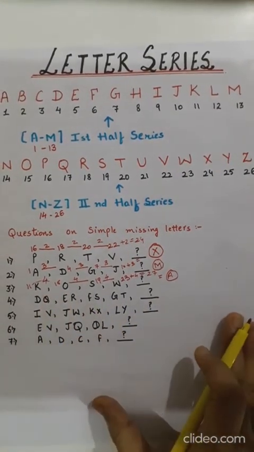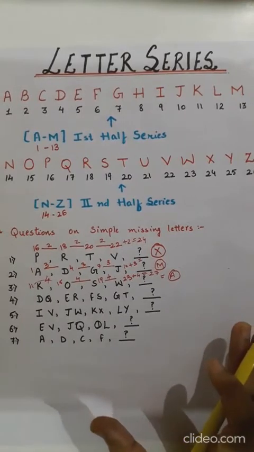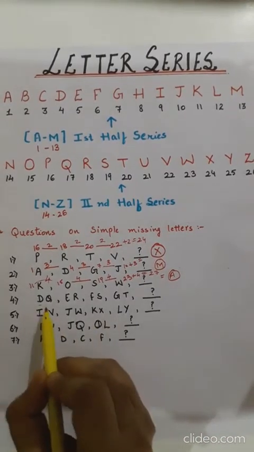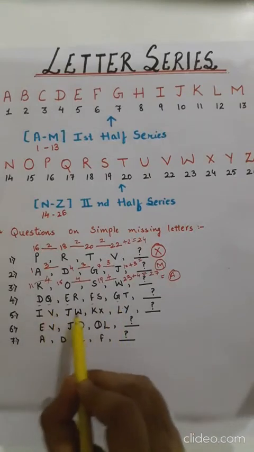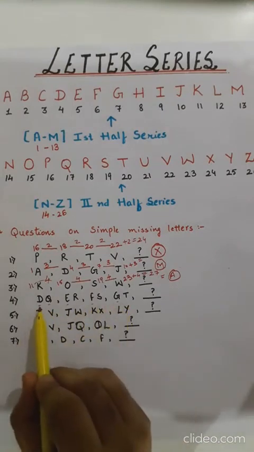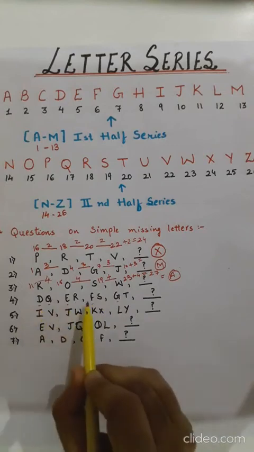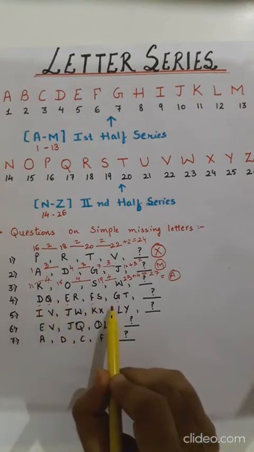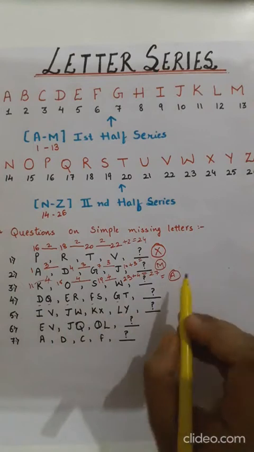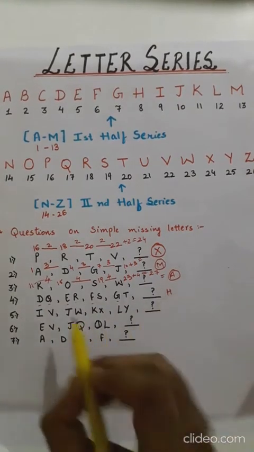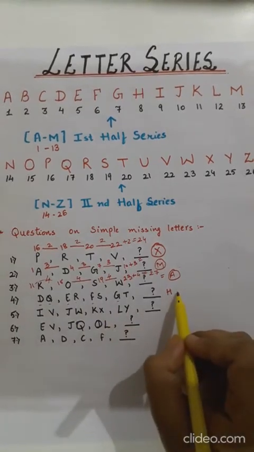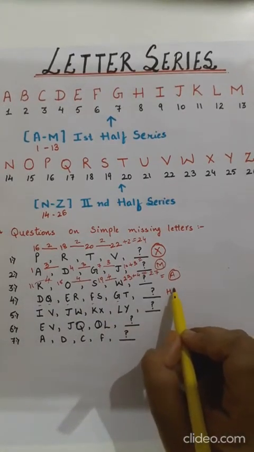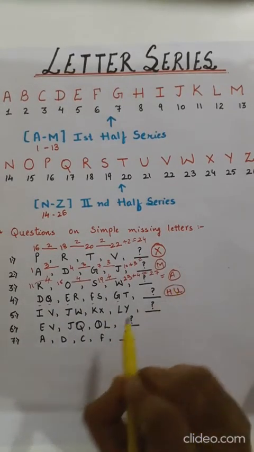Next we can see there is a pair up series. In a pair up series, we find the connection between the first alphabets, and then the connection between the second alphabets. We can see D, E, F, G, it's going in continuity, so after G there is H. Then Q, R, S, T, and after T there is U. So our answer is HU.